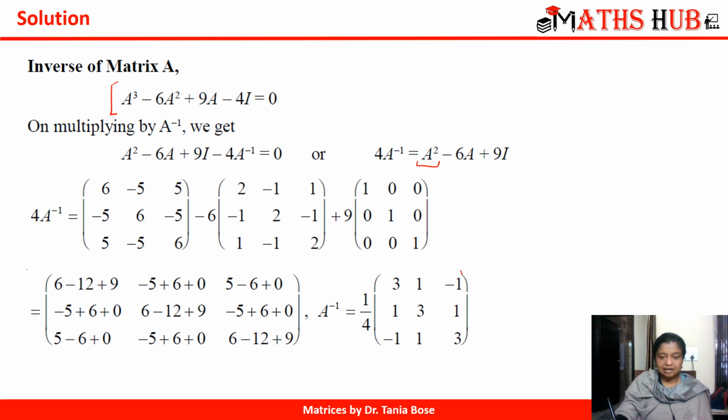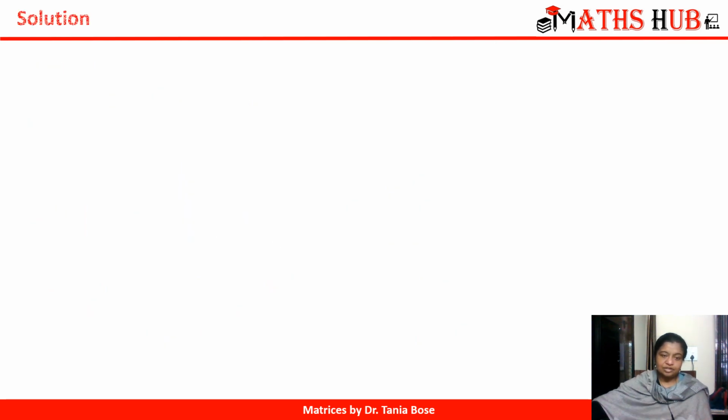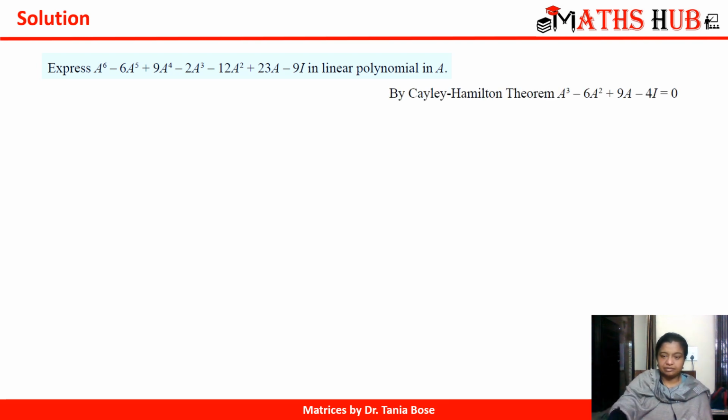So you can see that with the help of Cayley Hamilton theorem also, you can calculate the inverse of a matrix, right? And then the next section and the last one, to simplify the polynomial, right? So we have this theorem, A cube, the Cayley Hamilton statement, right? So what we will be doing, it's very